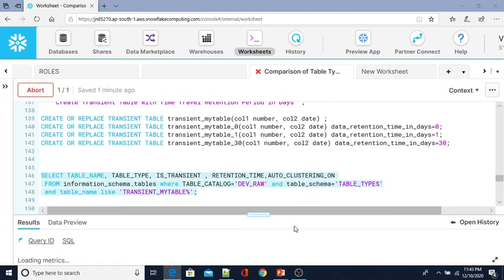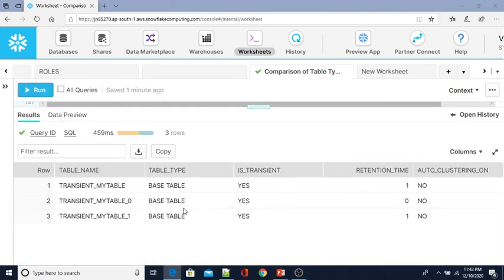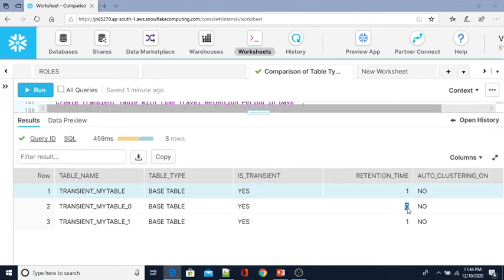Now let me show you what the value is over here. See, if you see retention, transient_my_table, we didn't specify anything, whereas the 1, transient_my_table_0, where we specified the 0, it has been 0 only.